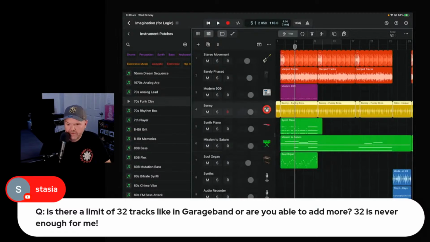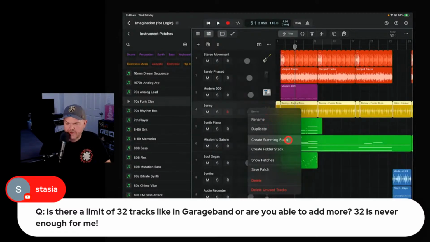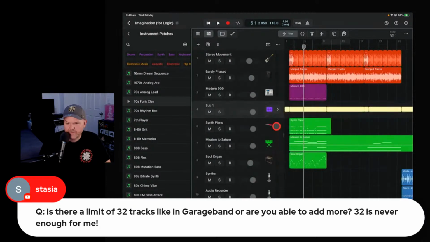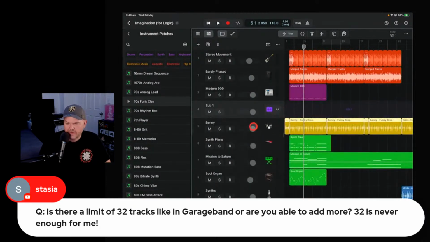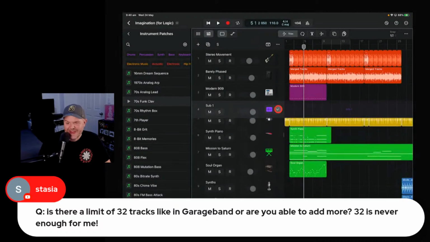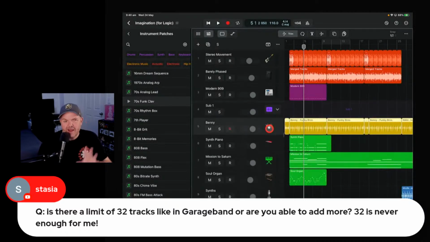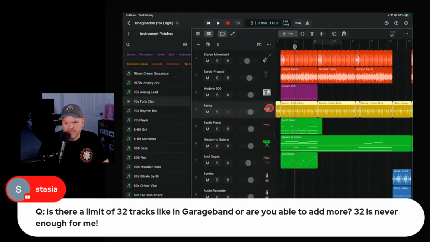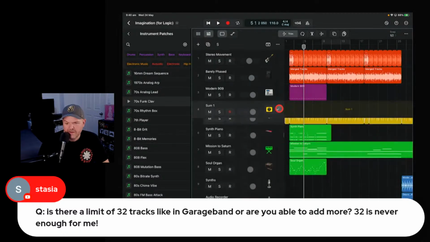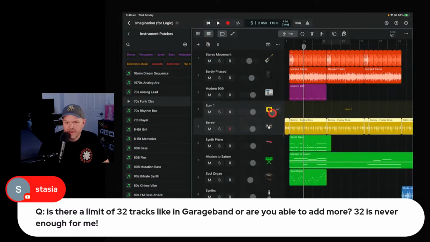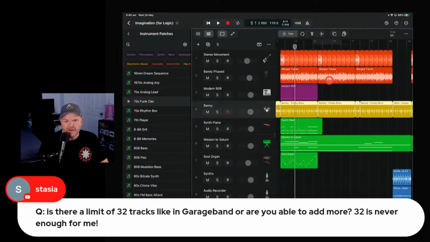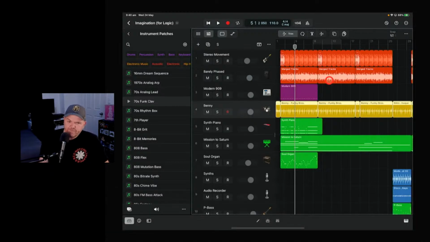So if it's come across from GarageBand, can we do that? Create a folder stack. Yeah, there we go. Oh no, that's just going to put it under there. Some of your sounds in here, it'll actually layer them down. We'll just undo that. We don't need that. Is there a summing? Create a summing stack? Yeah, no, it's not going to work for this. But the short answer is yes, plenty more, at least 256. So you won't run out of tracks anytime soon.